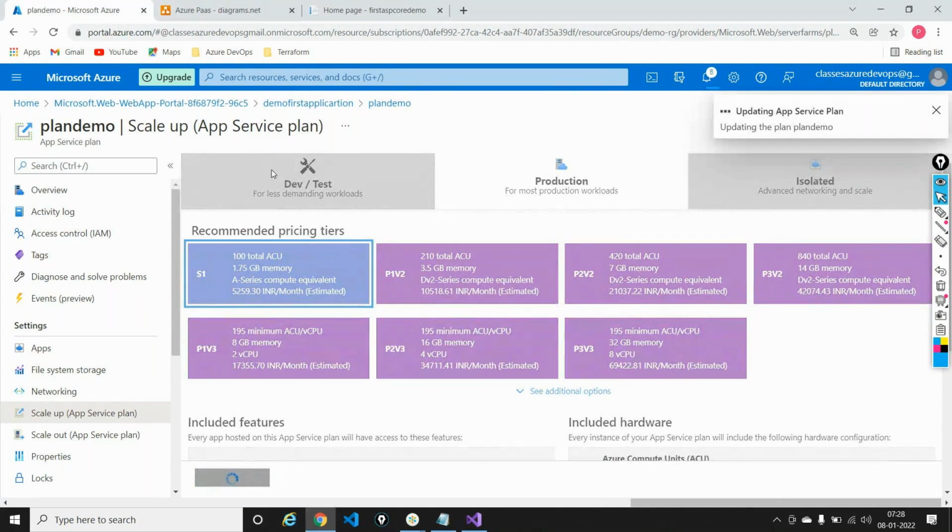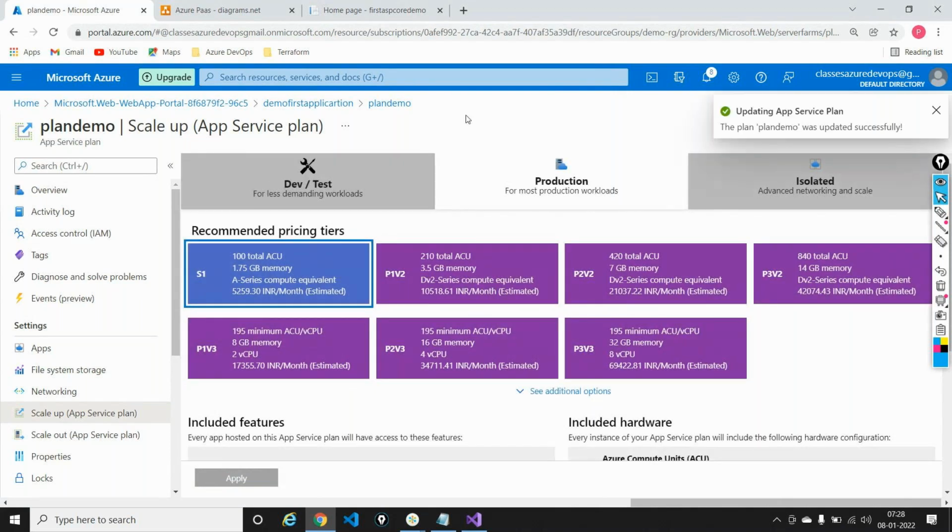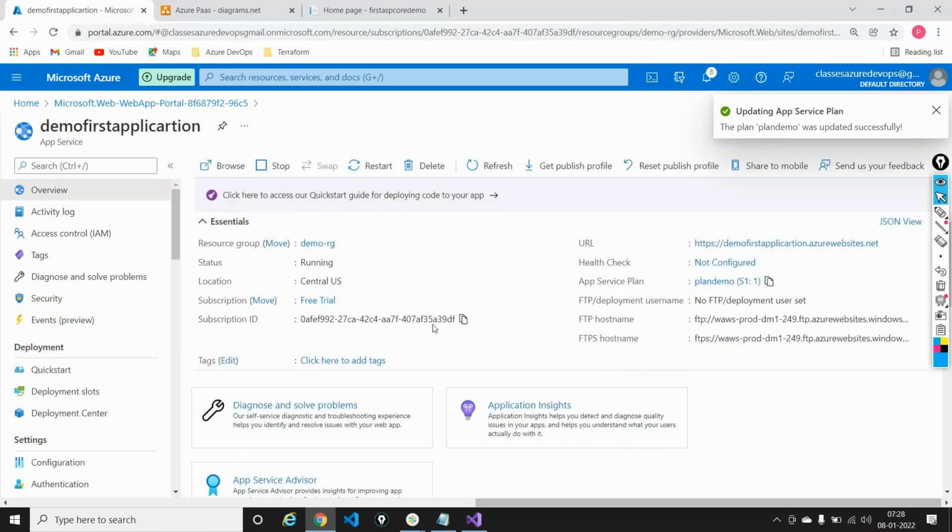The time it takes to change the plan is less than a minute. So right now the plan has got scaled up. And once you come back to your application, you are able to see that the plan demo is S1 and 1, meaning there is one instance of your application running in the backend.